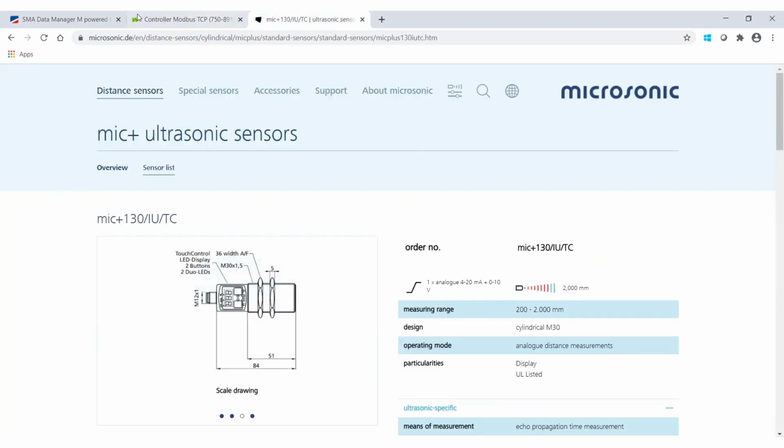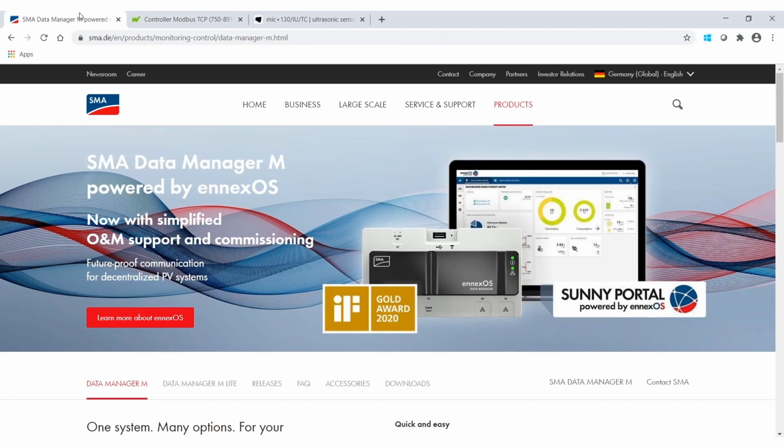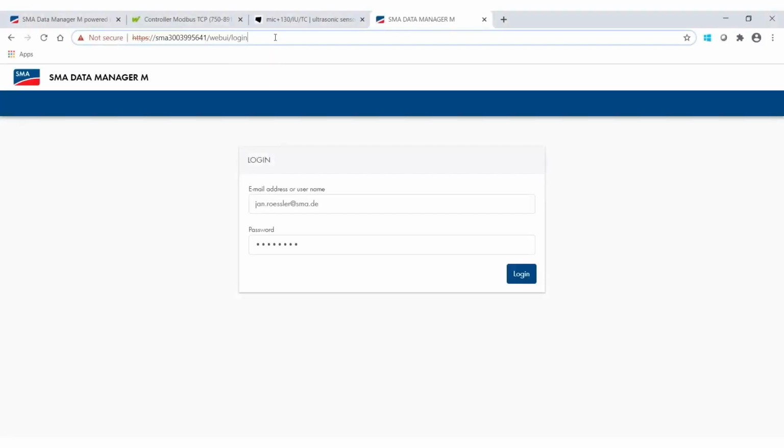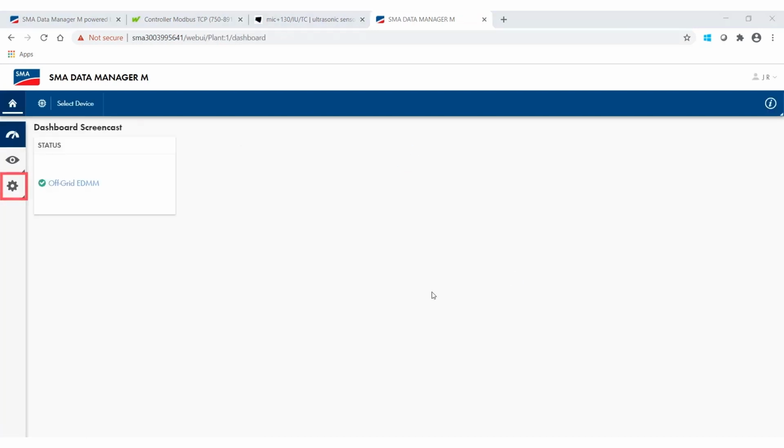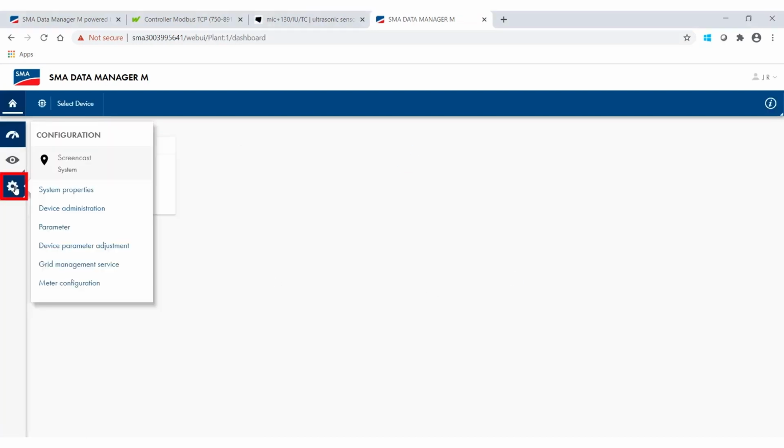The Vago unit is connected to the Ethernet switch where other devices of the installation, for instance the Data Manager itself, are connected as well. Now I'll start by logging into the Data Manager with my computer. Once I access the web UI of the Data Manager, I go to the gear wheel symbol and to Device